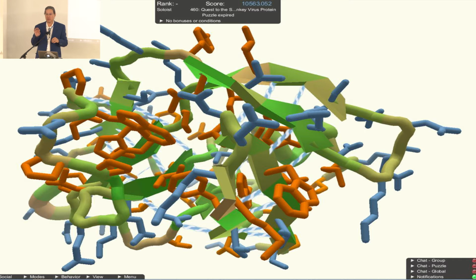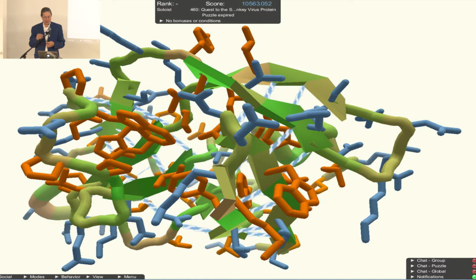Most of the ones I've shown you so far, the kind of human processing is very simple. You know, look at an image, say if it's clockwise or counterclockwise, or if something's a gazelle or something else. There are some projects that take more complicated kinds of tasks. So this is a project called Foldit, which is trying to figure out the structure of proteins, which is quite important to understanding how the protein functions.